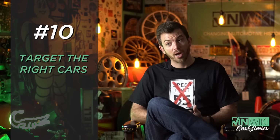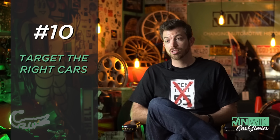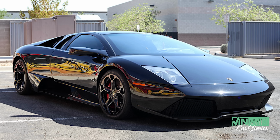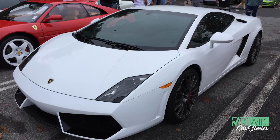The last thing that you need to remember is that you should target the right cars. The Lamborghini that I just bought is a perfect example because the previous owner had bought it about a year and a half prior as his first exotic car. And he wanted to find something that really wasn't going to lose any money, and he did that. But a Lamborghini Murcielago is a very difficult car to drive, and as a first exotic, it can be a handful. The attention is intense, the difficulty in operation is significant, so sometimes it's better to look at things like